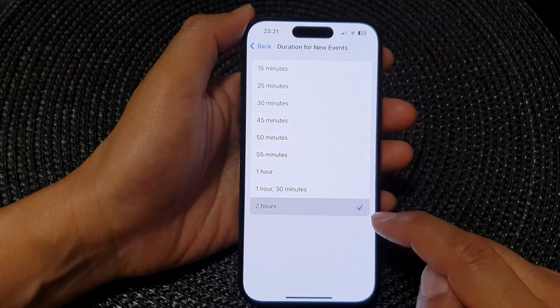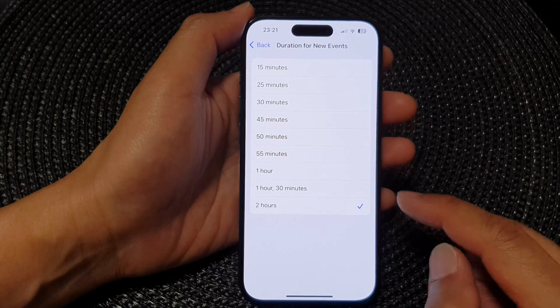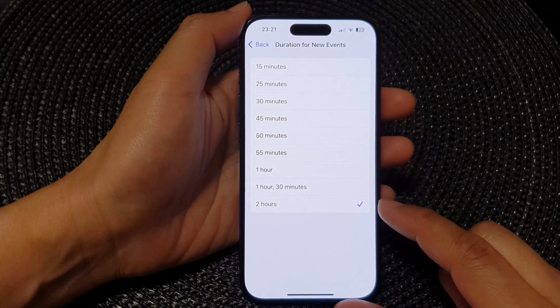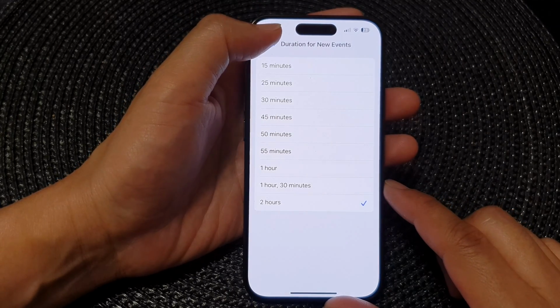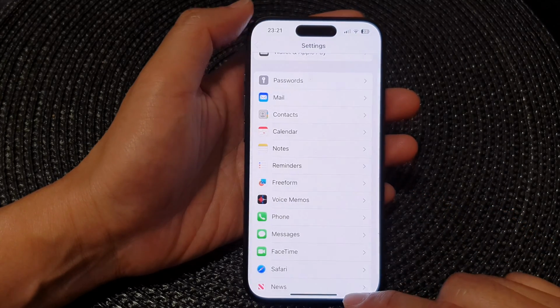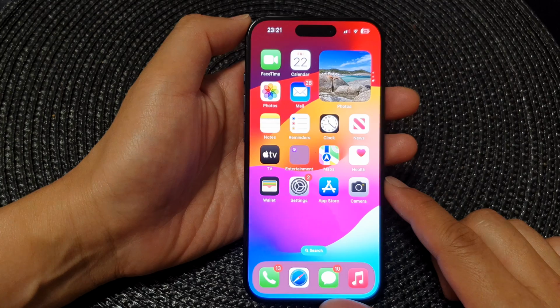So here you can choose 2 hours. So if you normally have your meeting for a 2 hour period, you can set it to the default 2 hours. And after, you can tap on the back key to go back to Settings or swipe up to go back